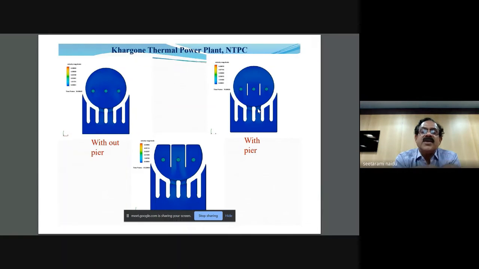This is placed in the center of the river, so it is made a circular well. But as far as possible, one should avoid circular pump wells, and you should try to explore use of banks for construction of pump house and arrangement of pumps in the transverse direction at the bank. Then the structure is something like trapezoidal. Here, as expected, there was a lot of circulation, so much of problem. NTPC also did not agree for this arrangement.